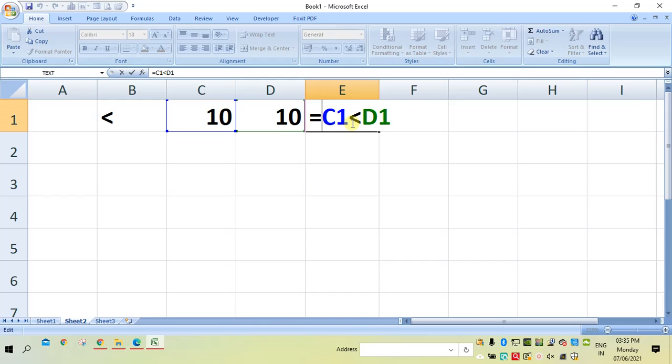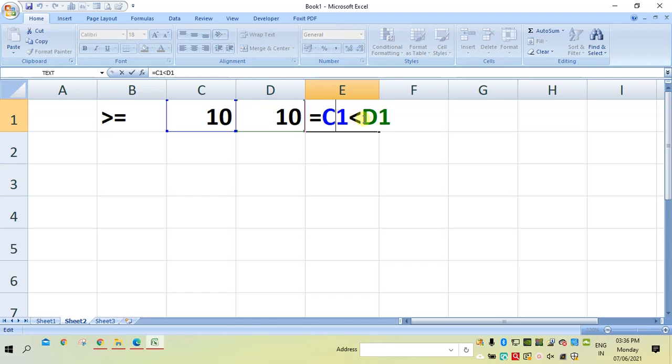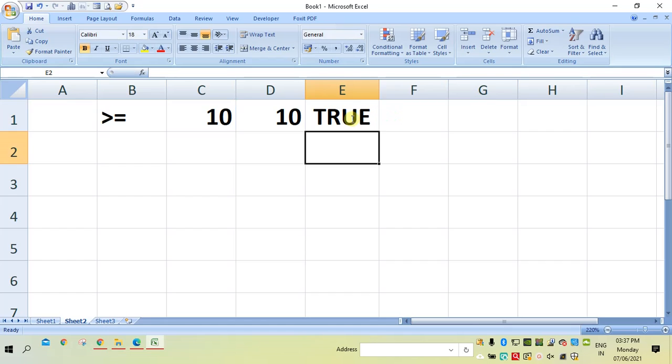The next symbol is greater than or equal to. So it will compare two conditions. It will check greater than as well as equal to. So here now 10 and 10, if I compare greater than or equal to, then it will give you true, because 10 is not greater than 10 but it is equal, so true. Therefore it will give you a true. For example, I will put this symbol, that is the greater than or equal to symbol. So it will give you true, because 10 is not greater than, but it is equal to. One condition is true, that's why it will give you true.